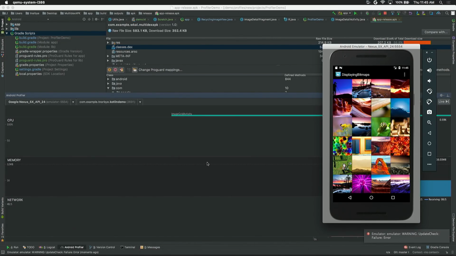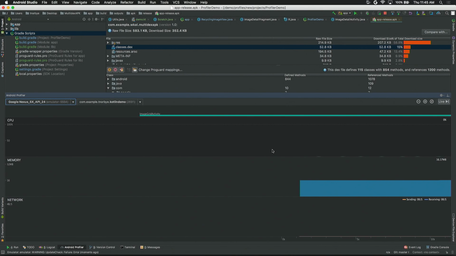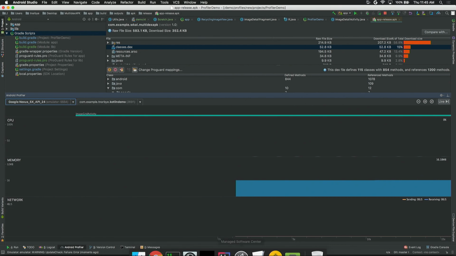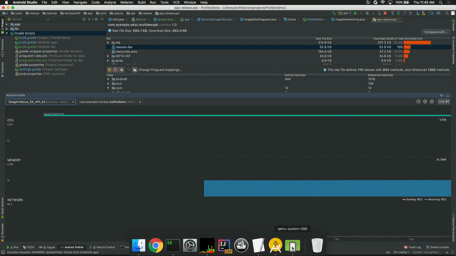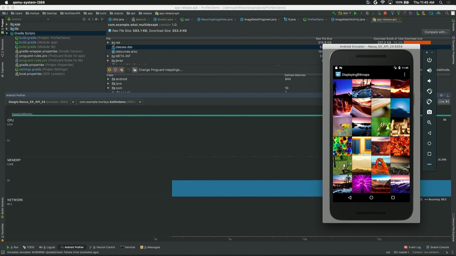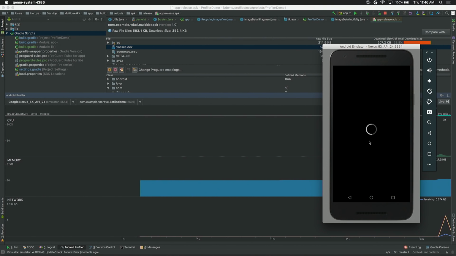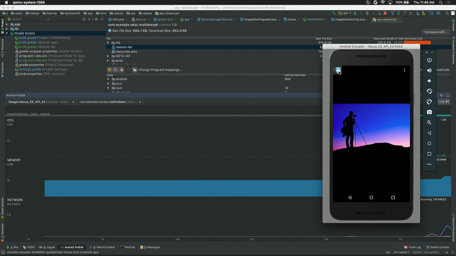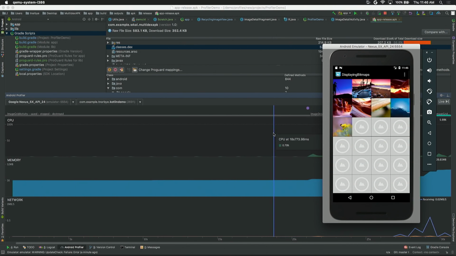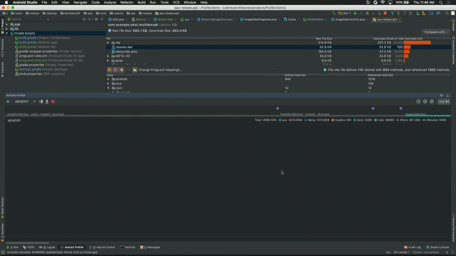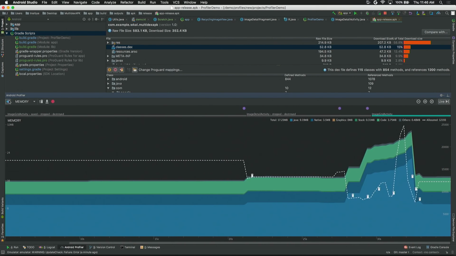All right. OK, so the way this works is that it's attached to this process, and it's showing me what's happening with the CPU, memory, and network. And so let's go and make some stuff happen in the app, right? So I'll click on an image, and wow, network is very unhappy. OK. All right. Super slow. OK. Anyway, it works, because if we look in the background here, and I accidentally clicked on the memory profiler,